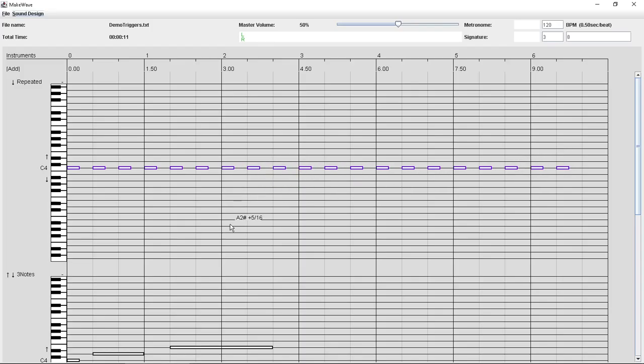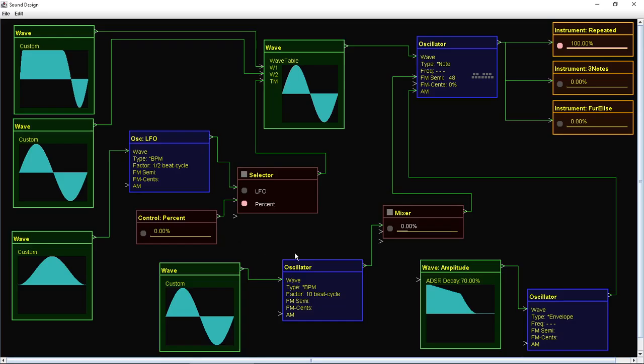And if I look at the sound design over here, things look a little complicated. However, if you bear with me for a moment, the instrument repeated, which is that repeated note, is turned on, but the other ones are turned off, so they don't come into play at all. The wave is a wavetable that I talked about in the previous video. So it goes between these two waves, and the